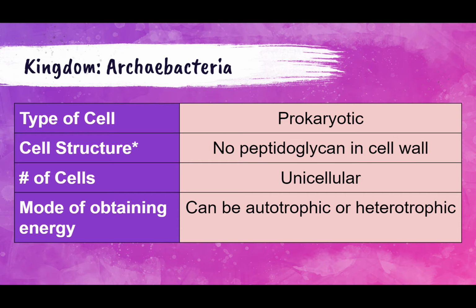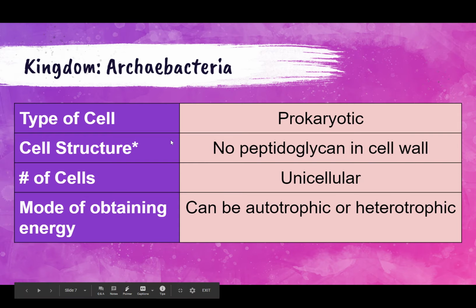I'm only asking you guys to remember one example of a molecular difference between the two. And that is that there's no peptidoglycan in the cell wall. Archaebacteria actually use a different carbohydrate called pseudomurein. You do not need to memorize that one, but they essentially do not use peptidoglycan. That is only your eubacteria. They are still unicellular and they can be autotrophic or heterotrophic. So this closes out our